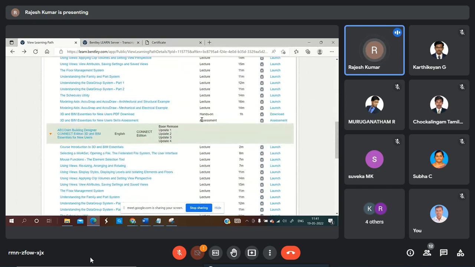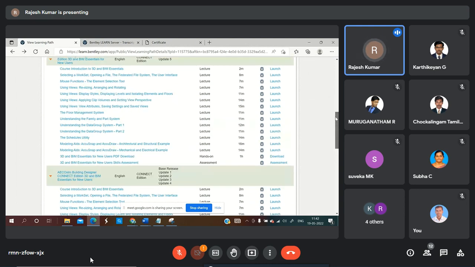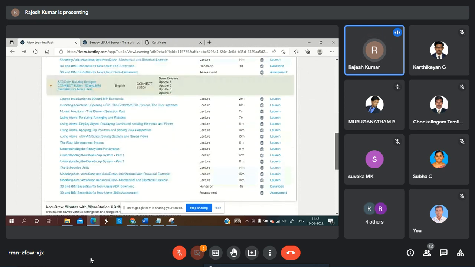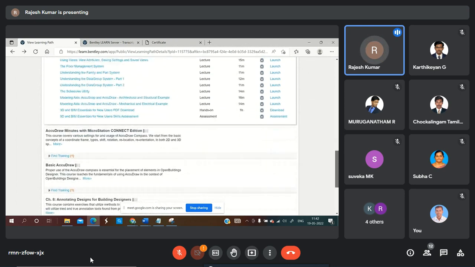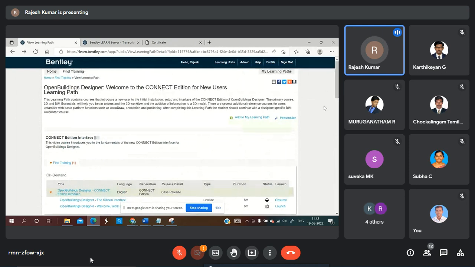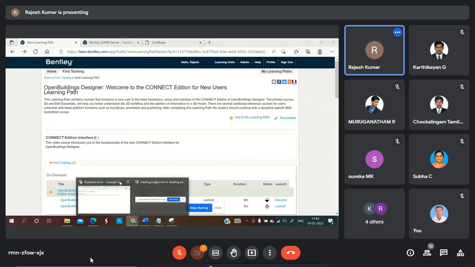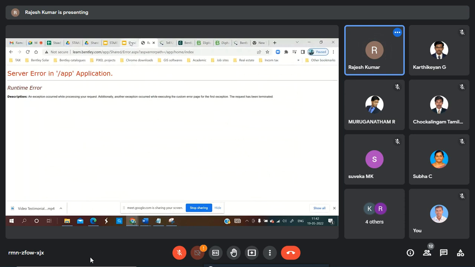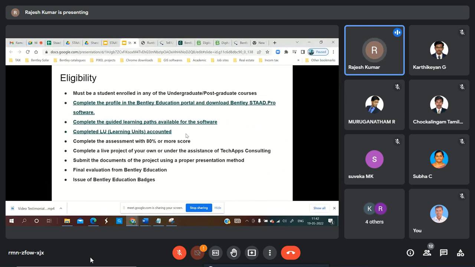Here you have something called skill assessment. This will test how effective you were in attending these courses. The more learning units you achieve, the more will be taken into account and calculated.